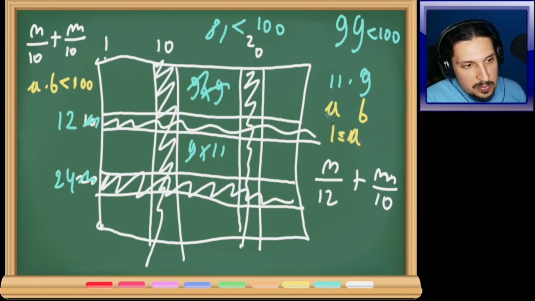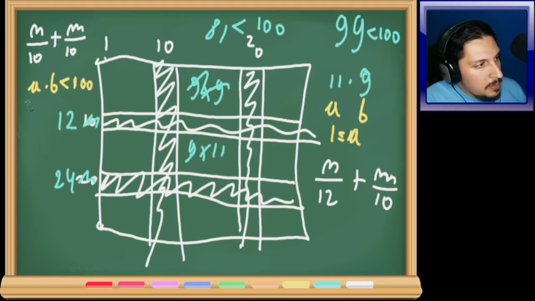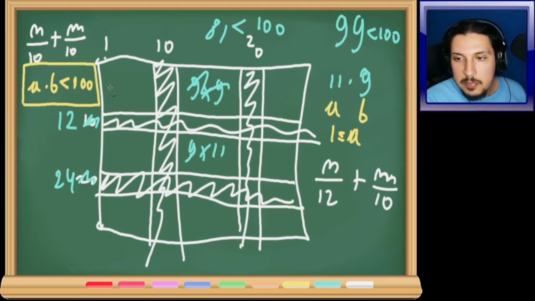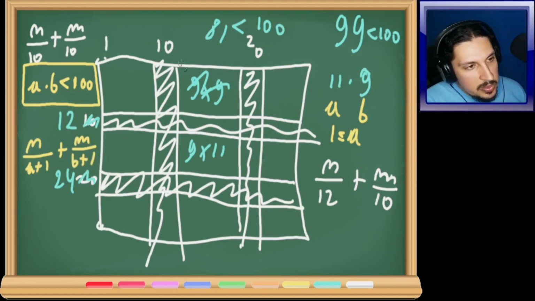Otherwise, if we wanted them to be 0, that would mean shooting every single column, and okay, we've already done that. That doesn't work. Any pair of numbers A, B having a product less than 100 works, and the cost of choosing that pair A, B, because of the same arguments, would be n divided by A plus 1 plus m divided by B plus 1. So the thing is that we already checked that 11 and 9 is a great choice and it's good enough